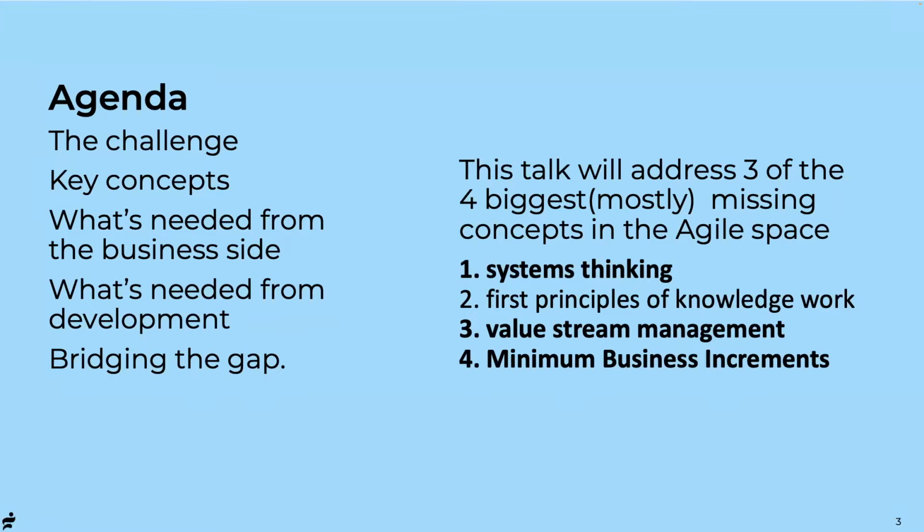And I have a lot of evidence that shows that most of the challenges that occur in organizations, both at the team and at the organization level, are because these are missing. People have substituted complexity thinking for systems thinking. They are different, in my opinion, in knowledge work, and it's not a good move. Value stream management is alluded to, but mostly ignored. And the concept of MBIs is out there, but there's not a name for it. When you don't have a name for it, it gets very confusing.